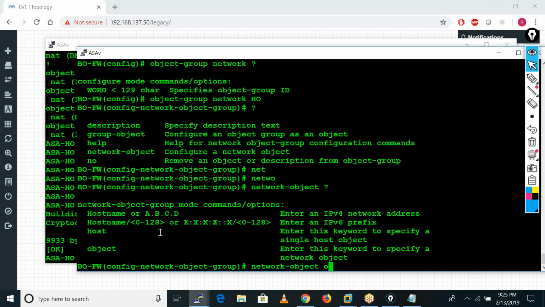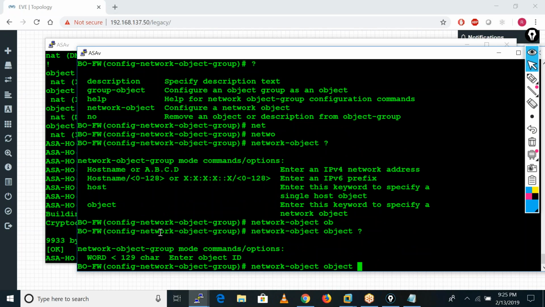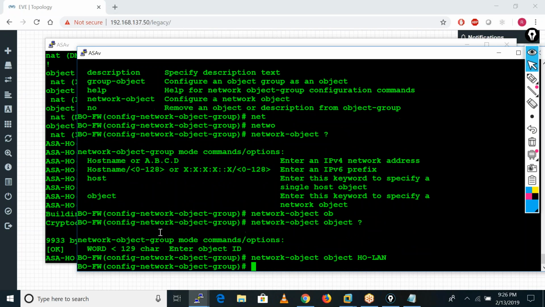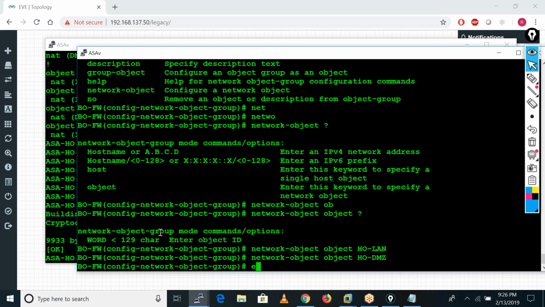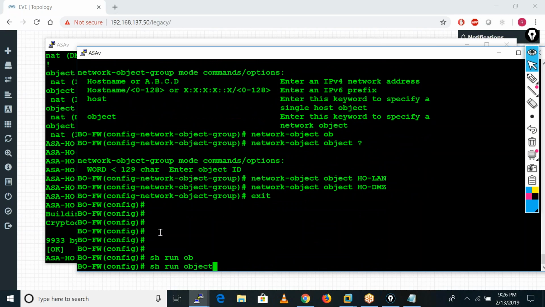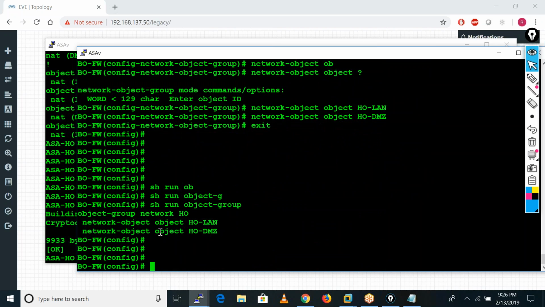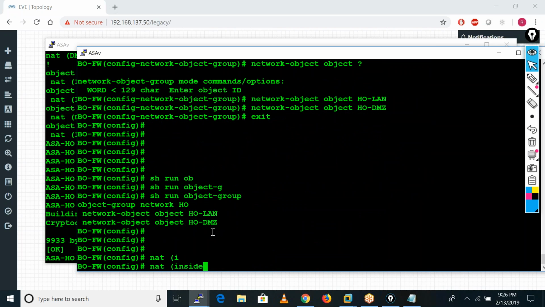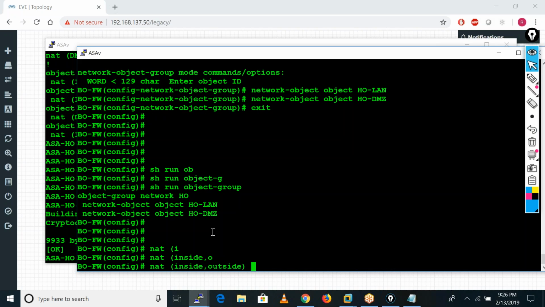Yeah, then we need to use this particular object. Here we can define the names HO LAN and HO DMZ. Once you run this console and object group, you will get these networks inside it. So now how can you write the NAT rule here, NAT inside going towards outside,